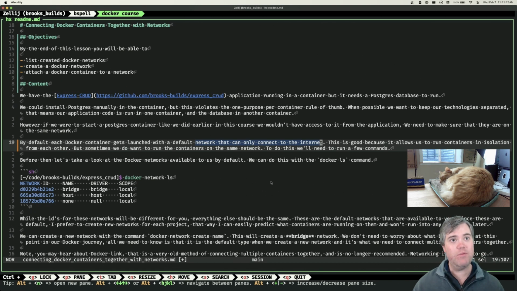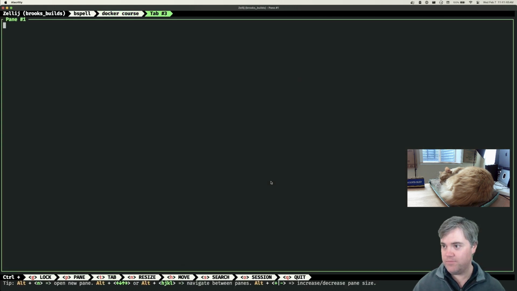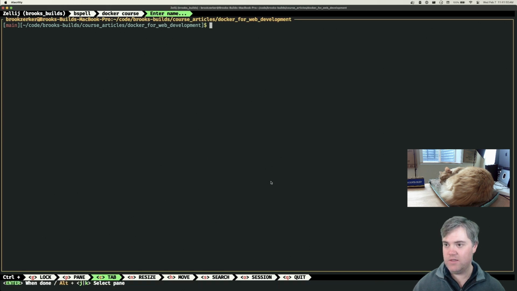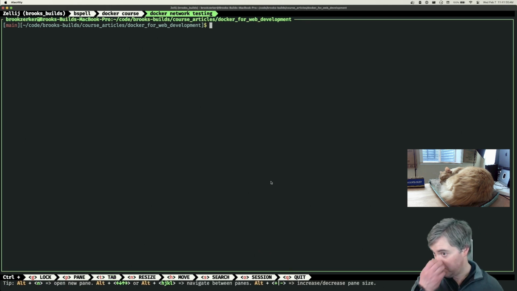I can't test right now, but I'm pretty sure that if you get the IPs of both containers, they're in the same subnet. Well, let's find out. So we have Docker network testing. I guess we'll pull up maybe an Ubuntu one. That'll be fine. So do docker run